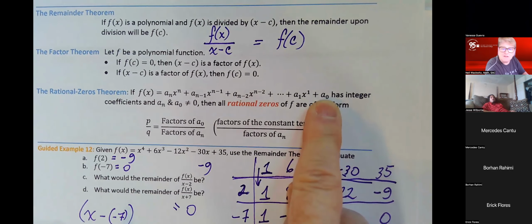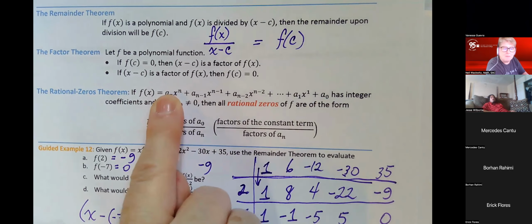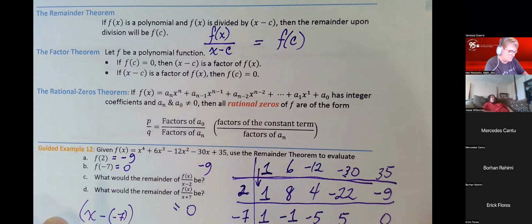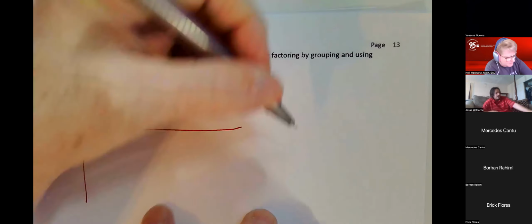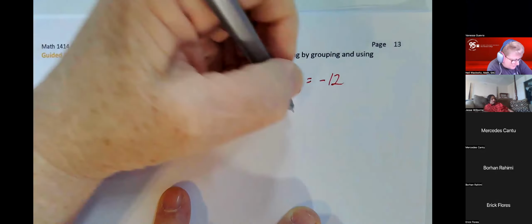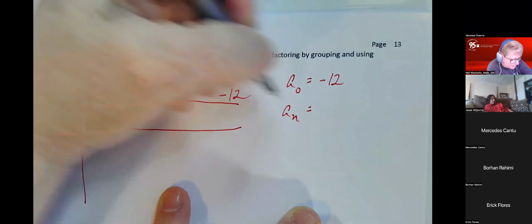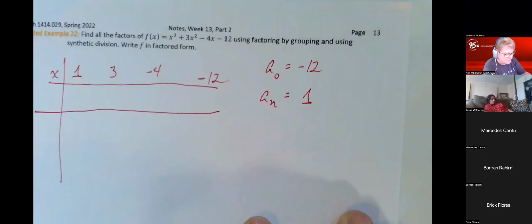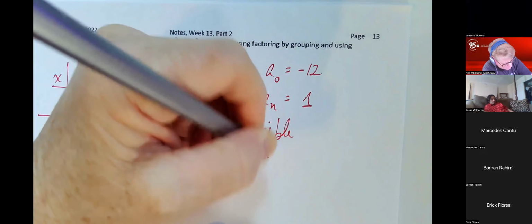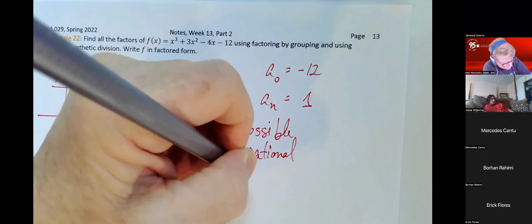We take the constant term and divide it by the leading coefficient, and we look at all of the factors of those numbers. So here, a naught is -12, a sub n is 1. So the possible rational zeros